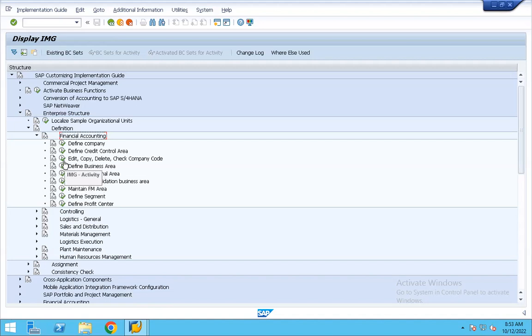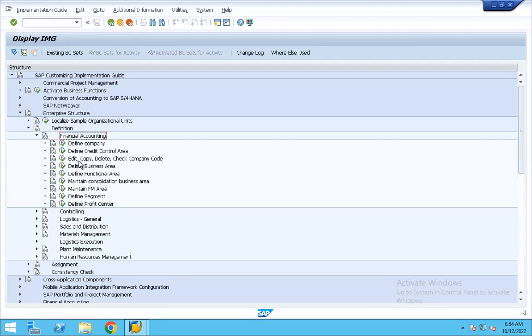This is the one part we will learn for our experience, because everything related to company code will be owned by SAP finance people, not by SAP MM. But we will learn how we can configure the company code in the SAP system.